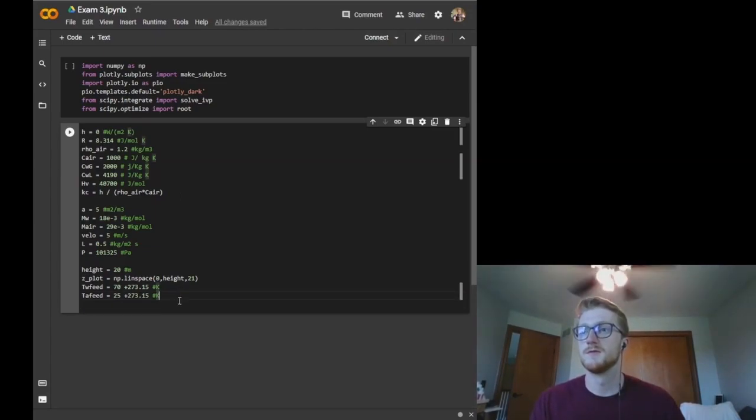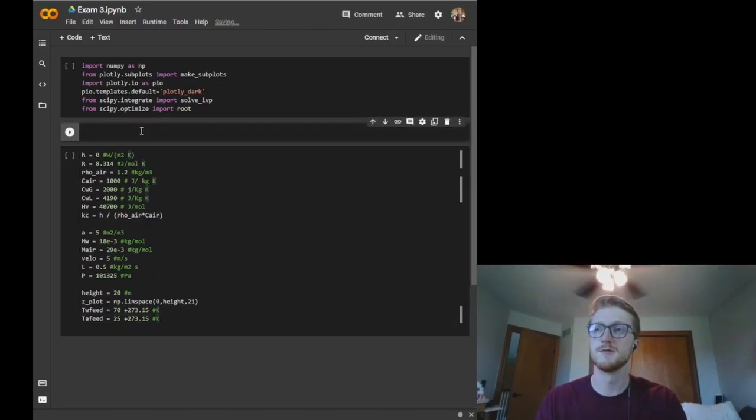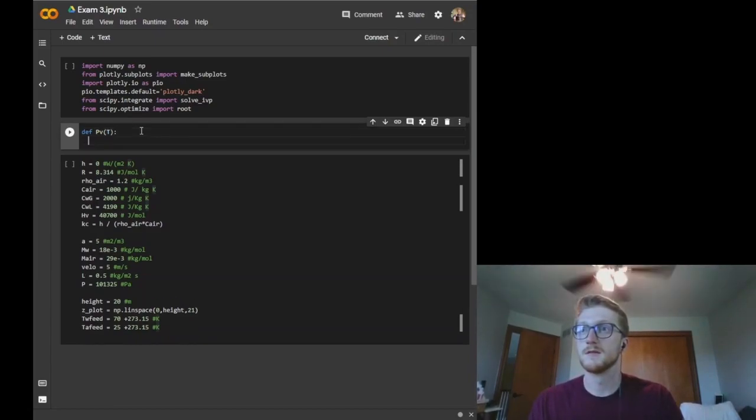So then we want to define a function up here in order to create some partial pressures at a given temperature. So we're going to define a partial pressure, or vapor pressure, we'll call it PV, at a temperature T, and if you give a temperature T, we want to return the vapor pressure using the Antoine equation. So we're going to give that as 10 raised to the 8.07131, I believe,